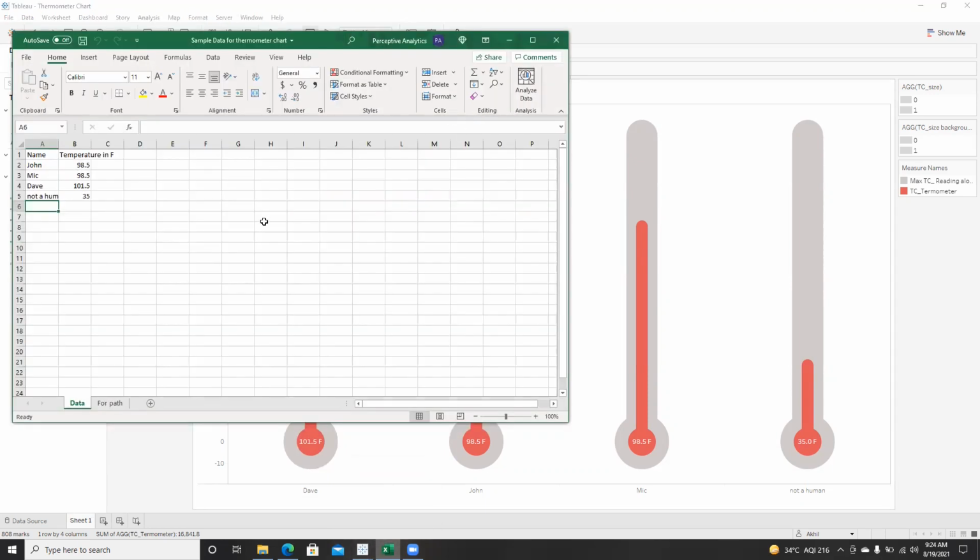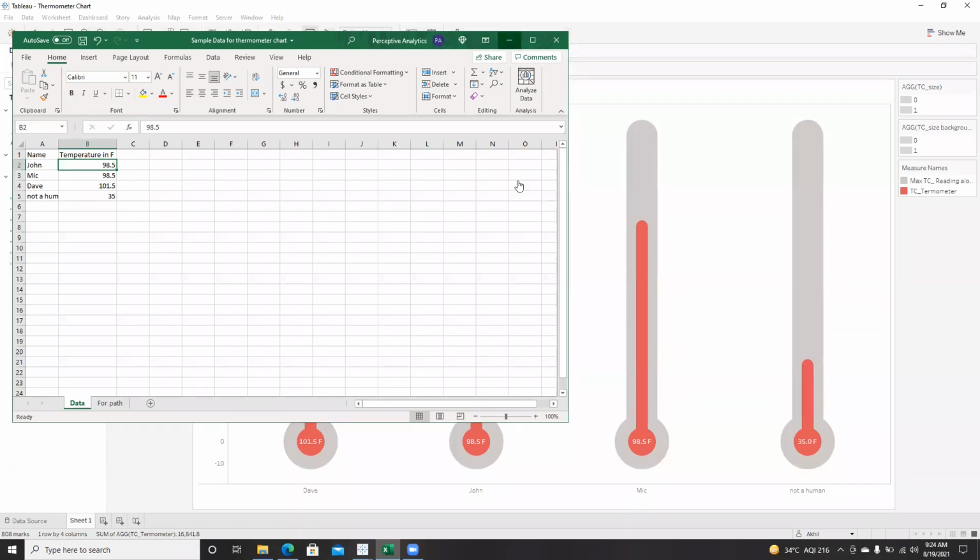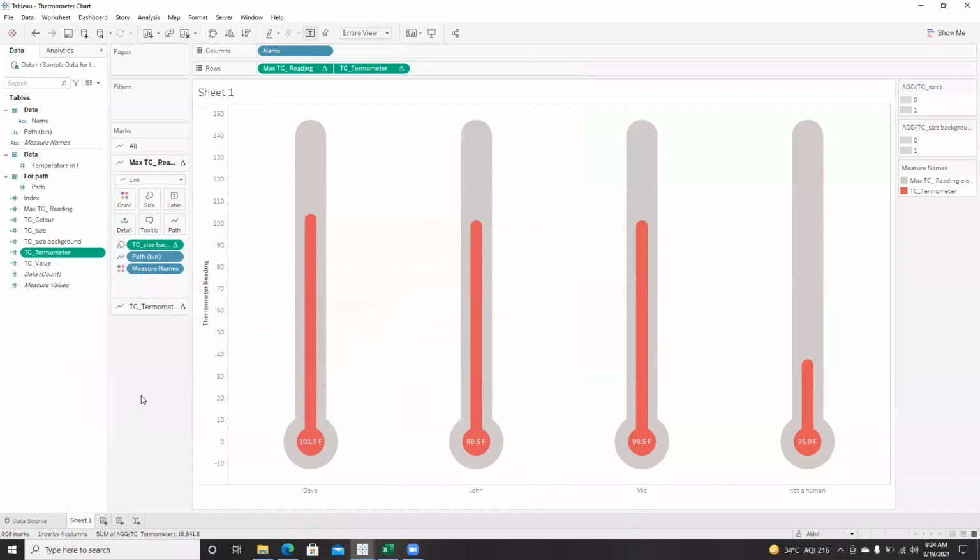So yeah, it's simple data. We've got the names and the body temperature of each person. All right, so we'll try to create this in the shape of the thermometer itself in Tableau. Before directly jumping into explaining how to do it in Tableau, let me explain the